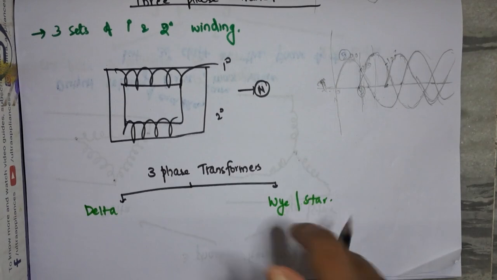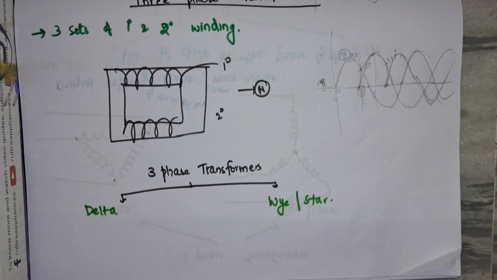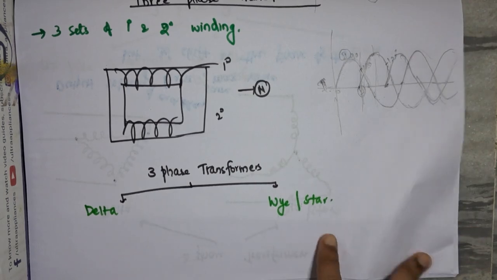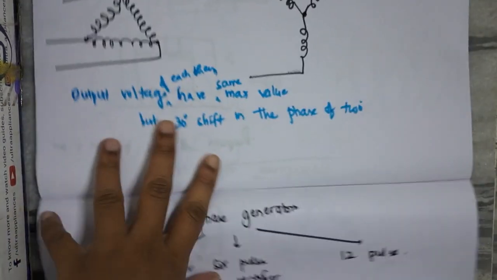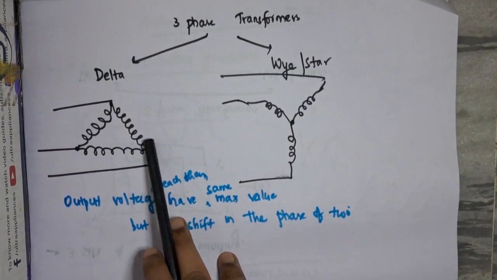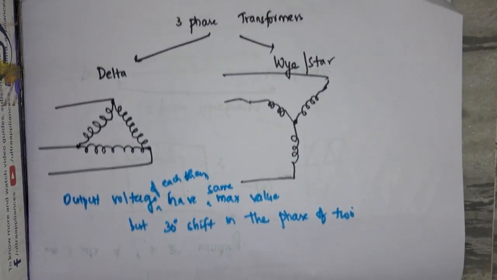Now there are 3-phase transformers. In 3-phase transformers, there are 3 sets of primary and secondary windings. These 3 sets of primary and secondary windings are given as 2 types. One, we have delta type of configuration, and we have Y or star type of configuration. So let us see both of them. So first,